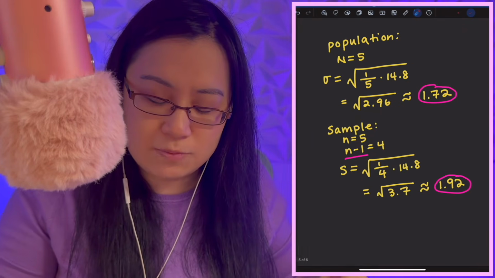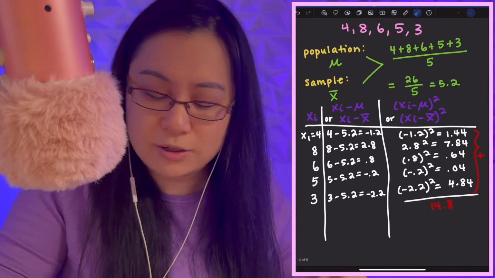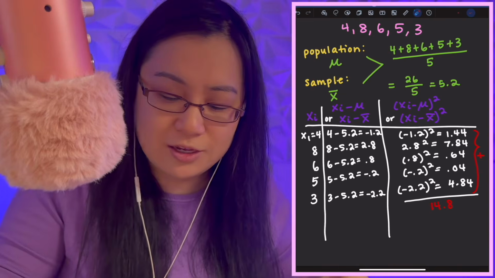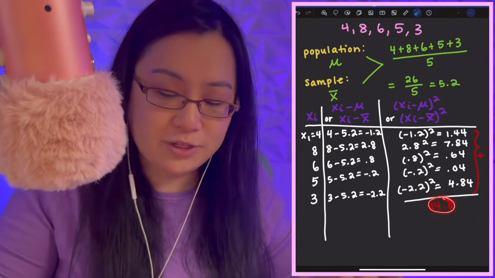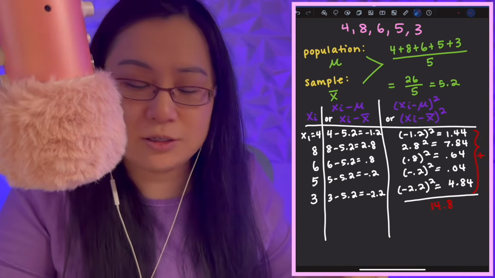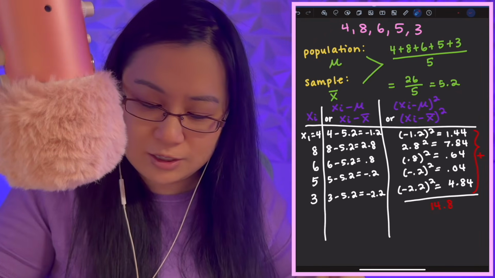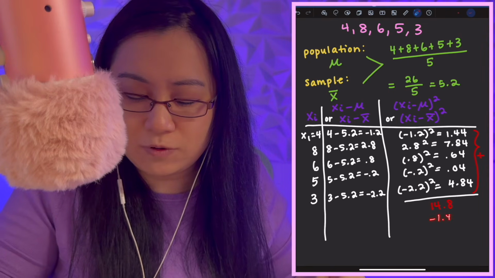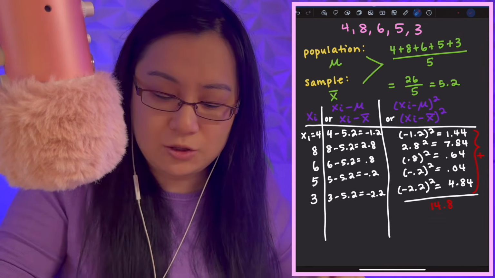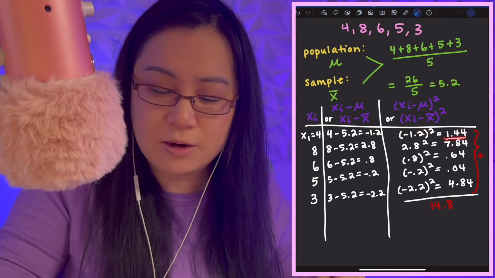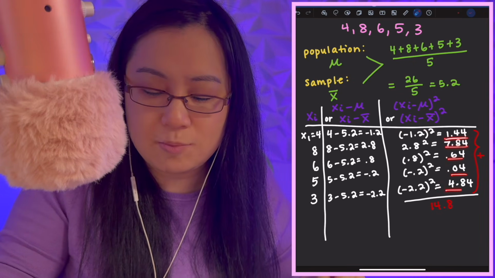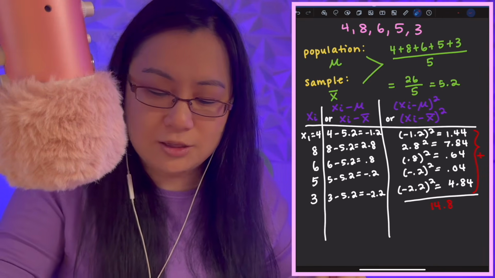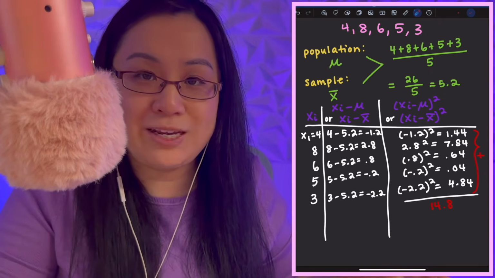Secondly, make sure that all of your squared number parts are 0 or positive. They should never be negative, because that would make this a little bit smaller if you accidentally type into a calculator -1.2 squared like this, you will get -1.44 instead of positive. So either put the parentheses or just know up front that these should all be positive or 0. That could affect your answer. Then of course make sure that you're finding the mean in the first place. Make sure that